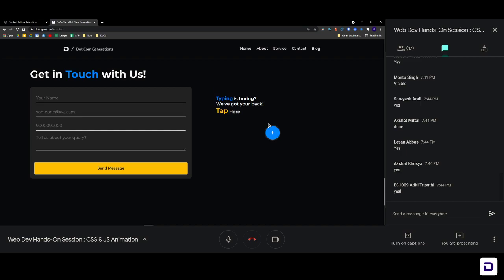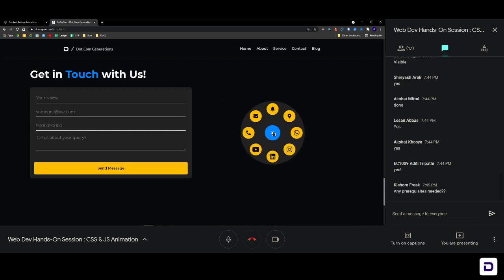So let's have a look at it and decide the structure of HTML. This is something that you should always do before you start coding. So the structure of HTML in this particular animation, or the element that we have, is that we need a container basically to have all of these designs.